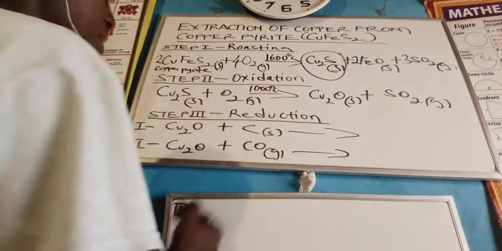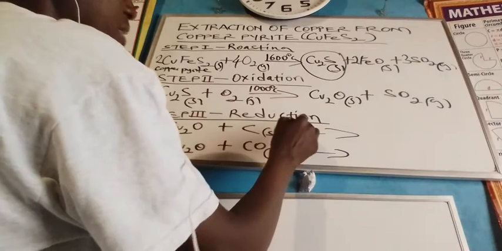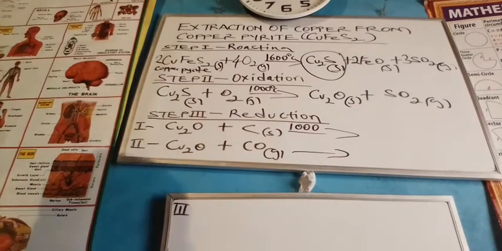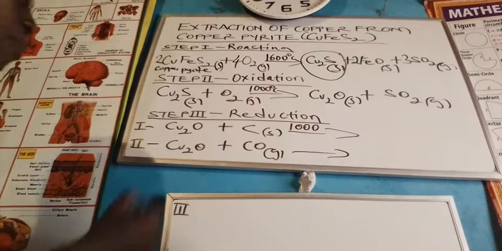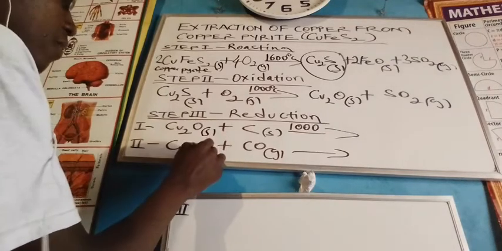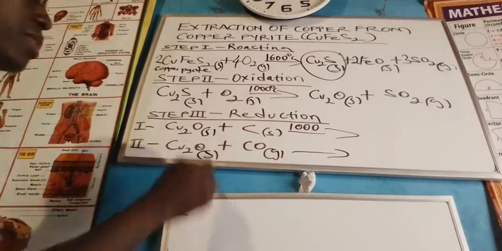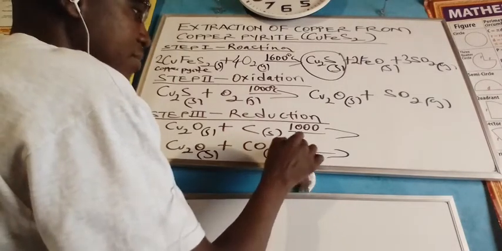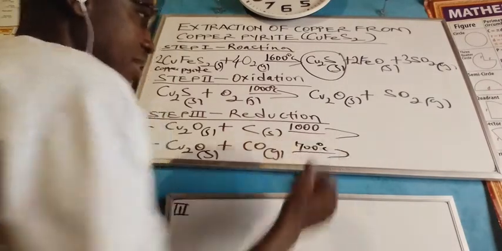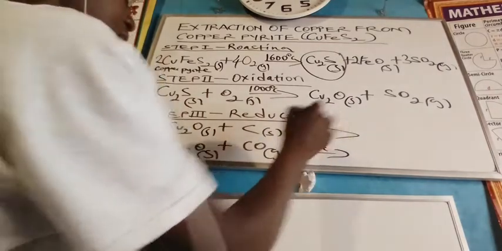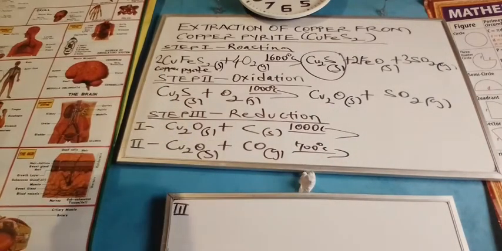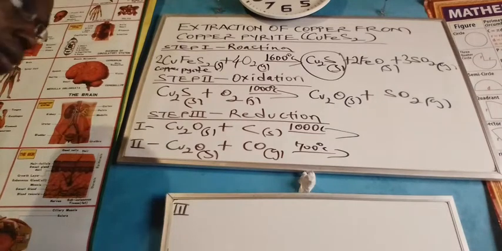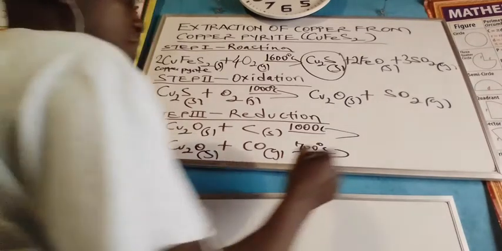When the reduction happens with carbon, it has to be at high temperatures in order to be able to break down the strong bonds of the solid carbon. However, when the reduction is with carbon monoxide, the temperatures are relatively lower, between 700 degrees Celsius to less than 1000 degrees Celsius. What happens? When you reduce the copper 1 oxide with carbon, the net result is that what is formed is